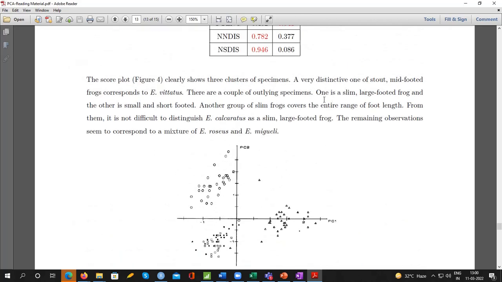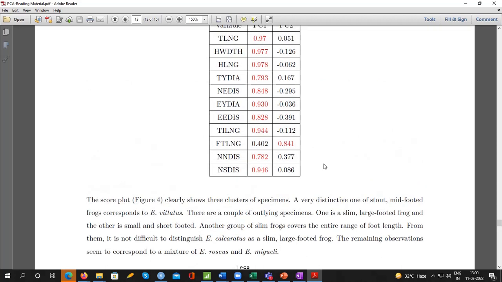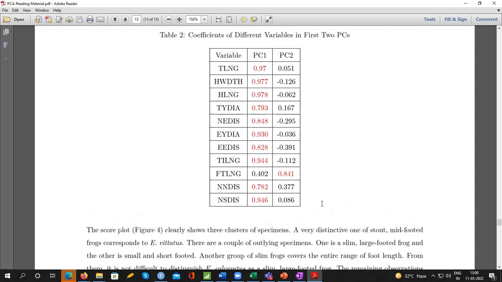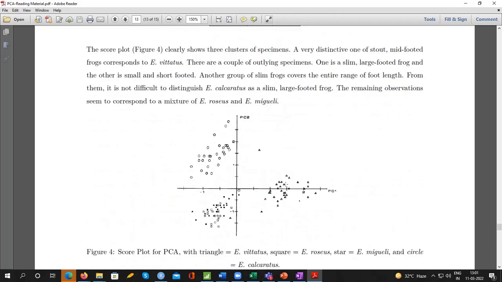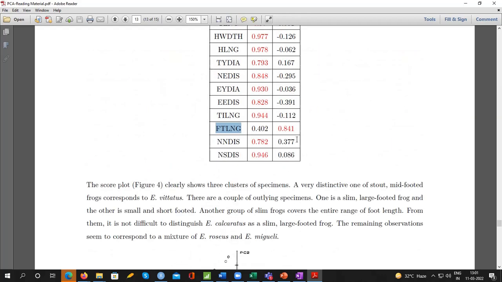So this means, see, a very distinctive cluster of stout mid-footed frogs. So other things, so total length, head width, head length, tympanic diameter, etc. All these are length type of measurements. So generally large and broad, that is stout frog, would have higher values of PC1 except for foot length. So this group, the triangle, has high values on PC1 and